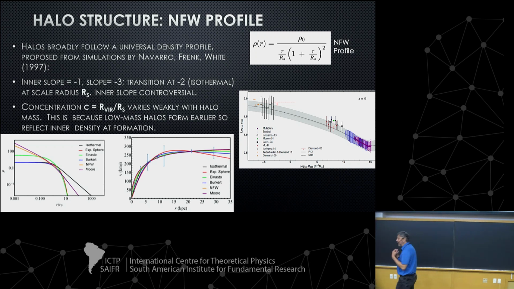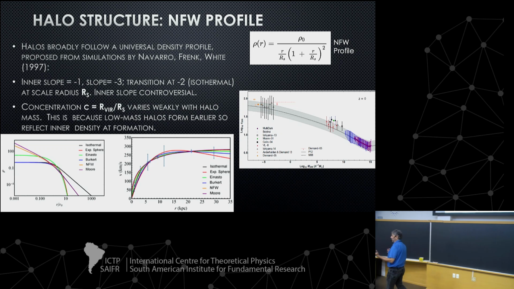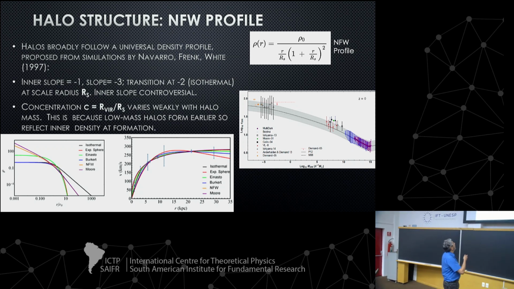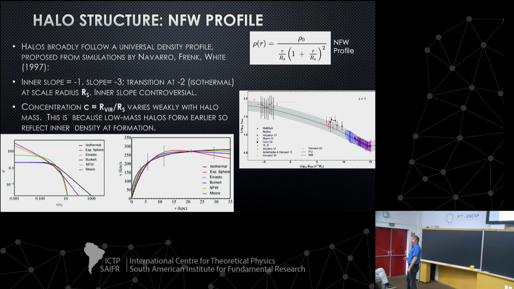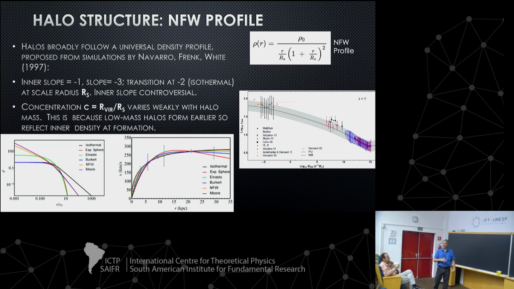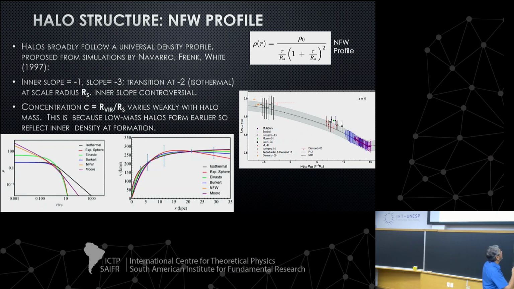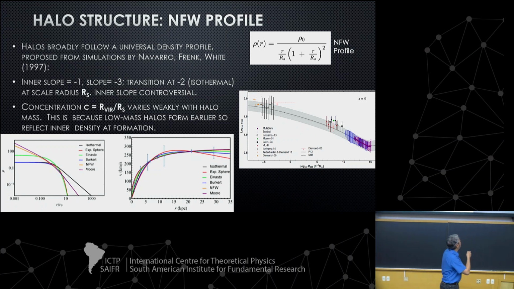We can also think about the internal structural quantities of dark matter halos. Again, we won't go into too much detail about this, but just for the sake of forming galaxies, the important thing is that halos tend to follow a roughly universal density profile, which is weird, right? Because halos form in all different regions, but they can generally be well described by a density profile that was first introduced by Navarro, Frenk, and White,